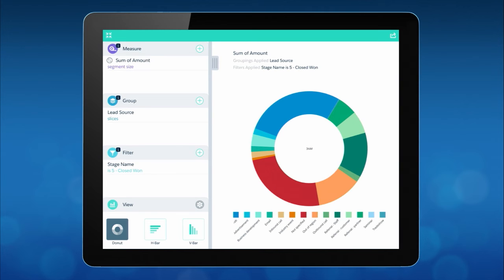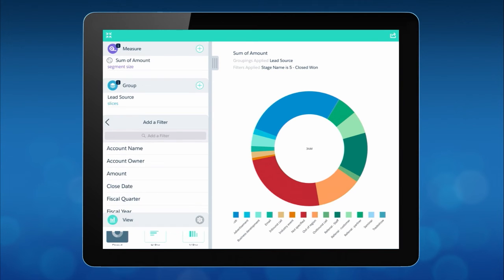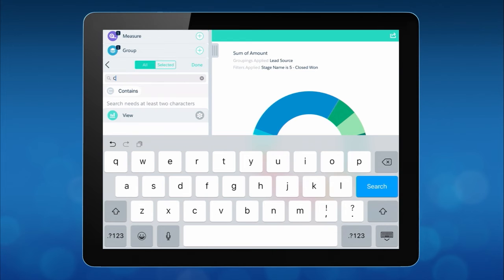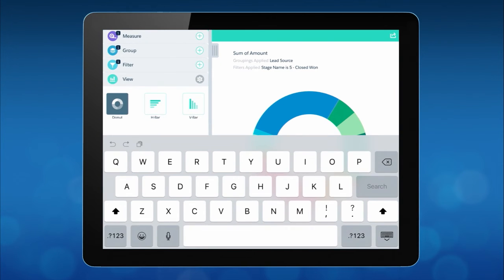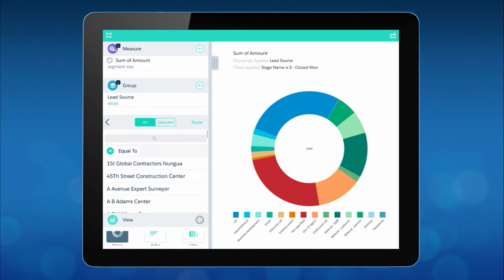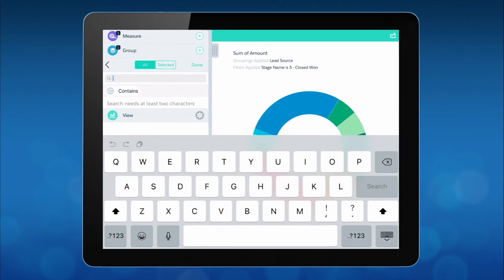And you could use things like our advanced filters feature. So what I'm going to do is I'm just going to add a filter. And let's pick something like account name. And let's say I want it to include a word, and let's use a word like contractor. I know that contractor is in the name. So I start typing contractor right here. Whoops, and I think I just tapped on the wrong section here. So I start typing contractor,